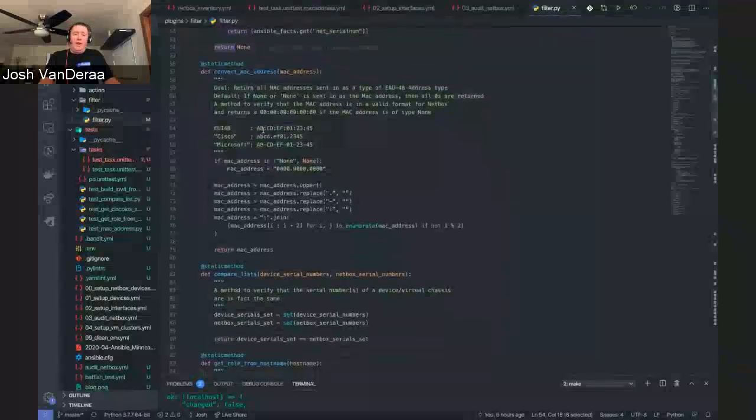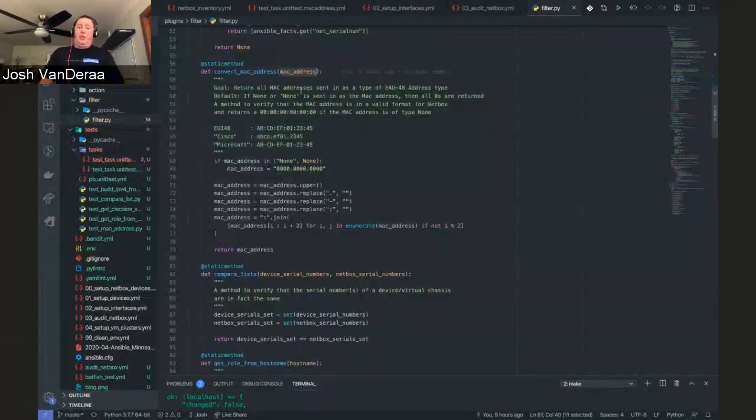I talked about the MAC address and kind of showed that as well. I've got all the formats here of the MAC addresses. As I go through, we get the MAC address passed in, and we'll take a look at how Ansible calls these. So if the MAC address, first off, if it's none, this is a special case in a loopback address from a Cisco. I didn't want to start putting in some other check, and I probably should have,